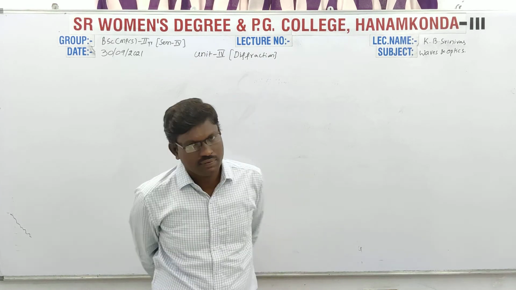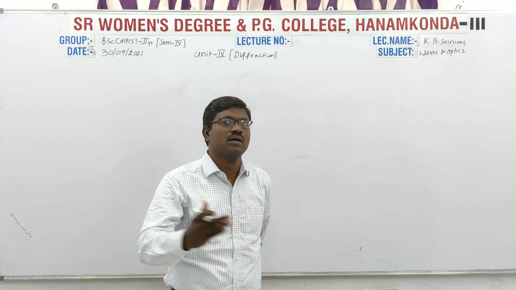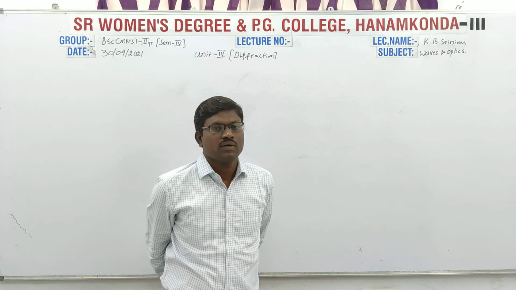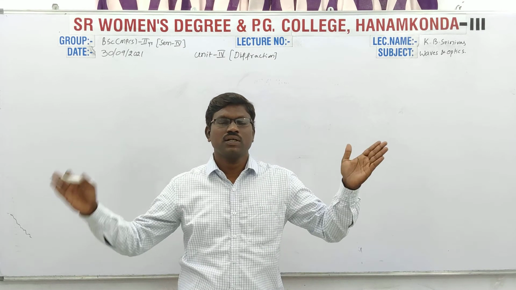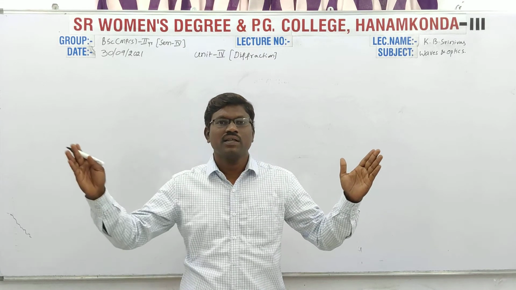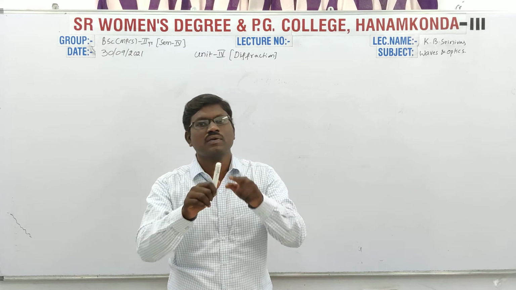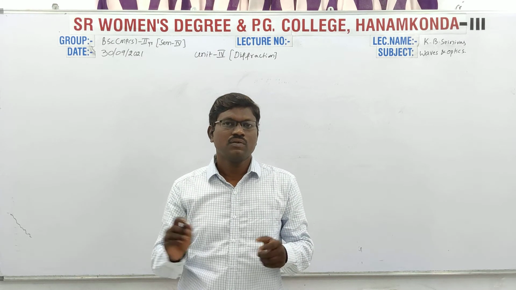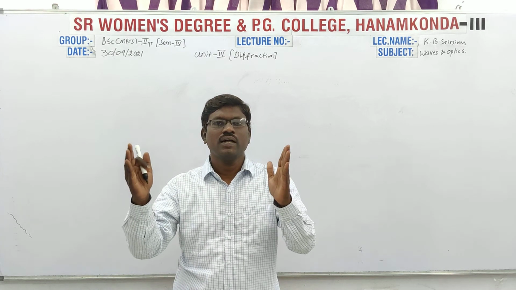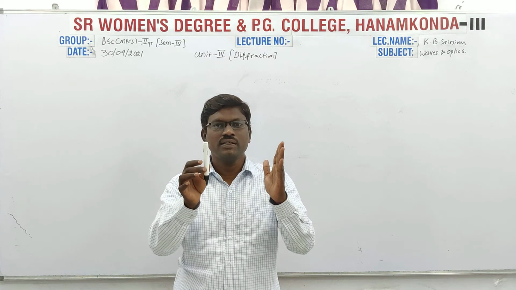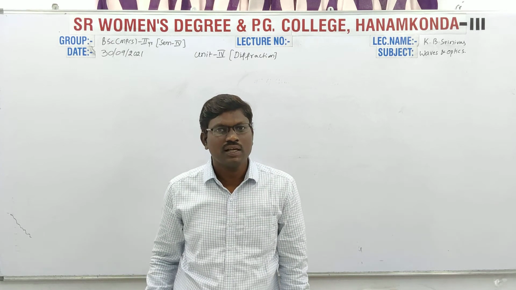What is Fraunhofer diffraction? The name itself is specifying it. You have to remember it like this. When source and screen are placed at infinite distance from the slit, the diffraction at the slit is known as Fraunhofer diffraction. What is Fresnel's diffraction? When source and screen are placed at a limited or finite distance from the slit, the diffraction at the slit is known as Fresnel's diffraction.